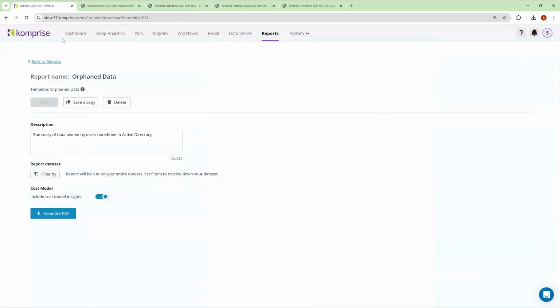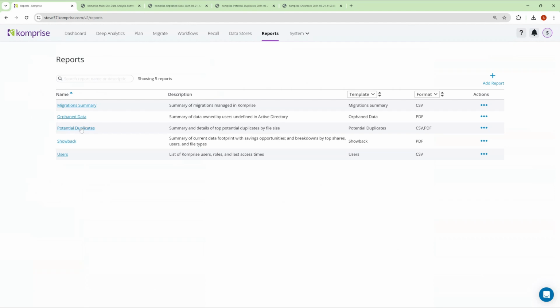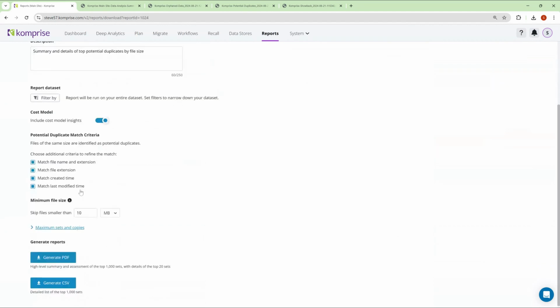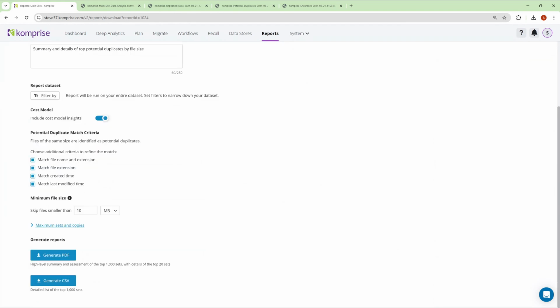Another report that we have in the system is this ability to do potential duplicates. Let's go back to reports, potential duplicates. Here's where we will take that metadata information and look for duplicates in files. We're not doing the bit level hash comparisons of them, but quite often many people have multiple copies of files. They've given them a slightly different name, and maybe they're doing a subset of them. So here's where you can use a lot of this metadata information to drill in and identify some of those